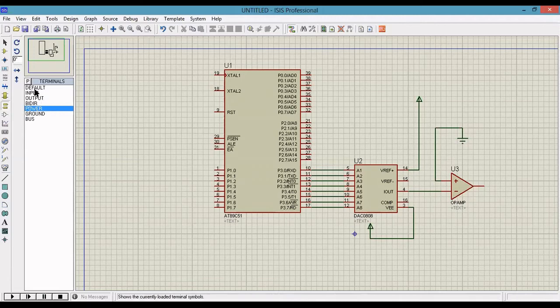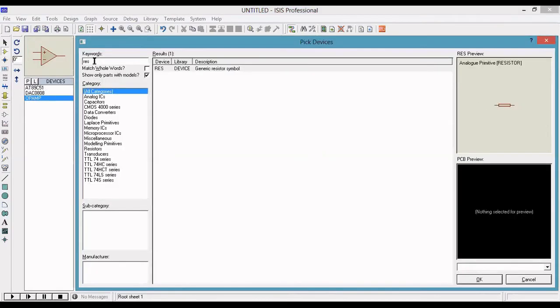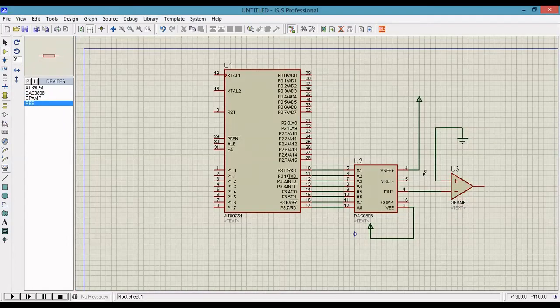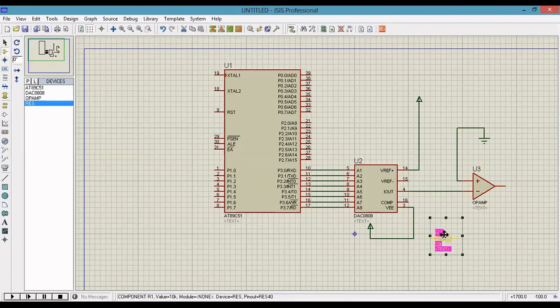Next I need two resistors. For the resistor, you select the component mode, click P, and you'll get RES. So you'll get a resistor. You cannot connect there, so just move it. Next you need another one, a feedback resistor.